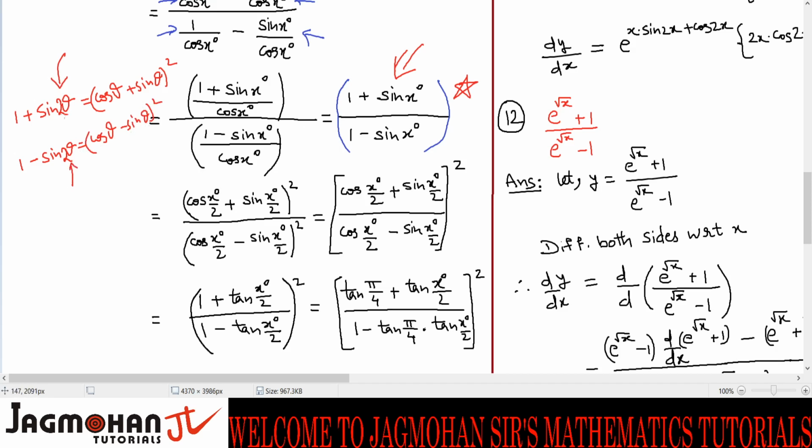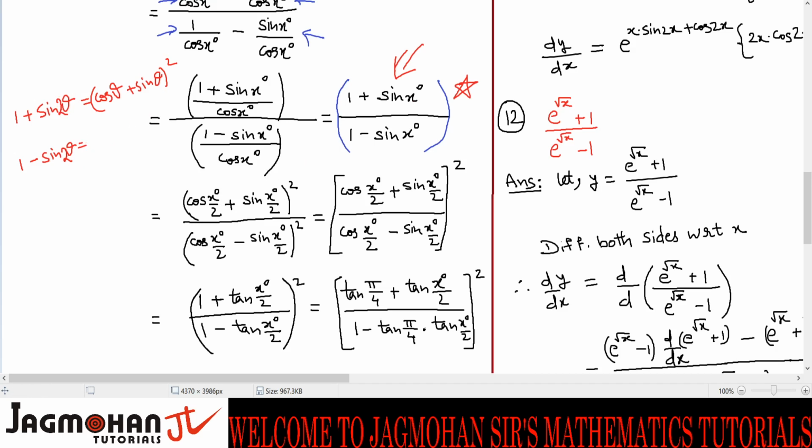Now if I replace this 2 theta by theta, what will happen? Then in that case, the angle will become half of theta. As you have half of 2 theta as theta, if this is written as theta, then this will become theta upon 2. The same thing is happening here. What's happening, students? We are having here x degrees. So half of x degree is x degree by 2.